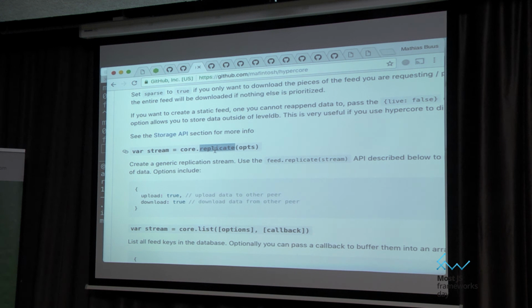If you pipe the stream to somebody else that has this hypercore, it will magically work. So in a browser, you can make a WebSocket stream to somebody. There's a module called websocket-stream that gives you a stream over WebSockets, and you can pipe it into this replication stream. You can also pipe it over WebRTC, or over whatever you want. It's extremely useful because WebRTC is not supported in Safari Mobile.